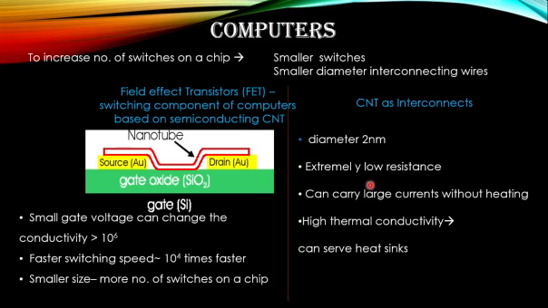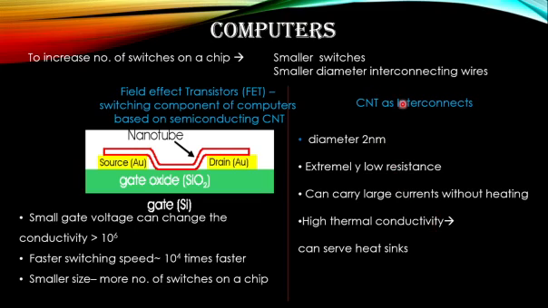So, and also it has extremely low resistance, and hence it can carry a large amount of current, and it has high thermal conductivity. So it itself can serve as a heat sink, which means the heat generated due to the large current will be conducted away by the carbon nanotube itself. These qualities, high electrical conductivity and high thermal conductivity, enable the carbon nanotube to work as